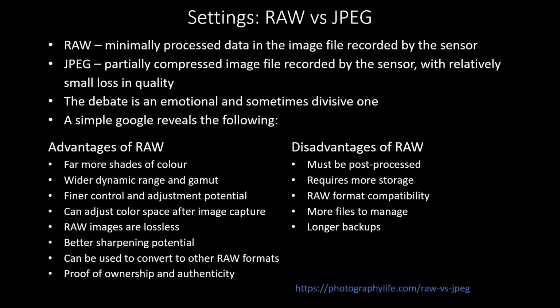Yeah. All right, and then this page is for you all to go back and look at in a little more detail when you have time. There's the never-ending debate about whether you shoot in RAW or JPEG. Very basically, RAW is a minimally processed amount of data in the image file. The processor in the camera has done nothing to the pixels that have been recorded in the file. Whereas with a JPEG, the camera's processor has actually partially compressed the image that you've taken. So it's done a little bit of work to that image and the pixels, and it's got you some way towards having an image that you can just use as it is, rather than having to go through a